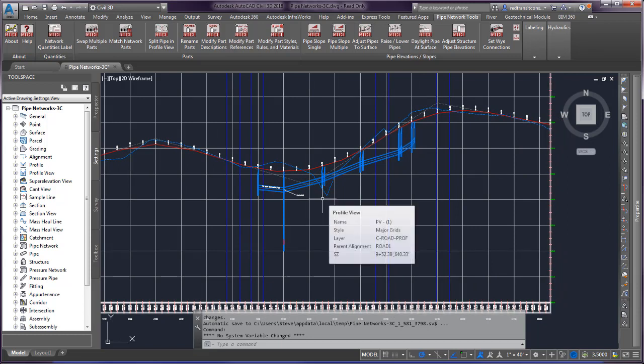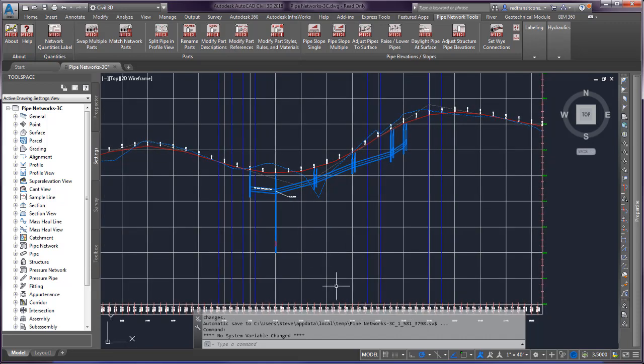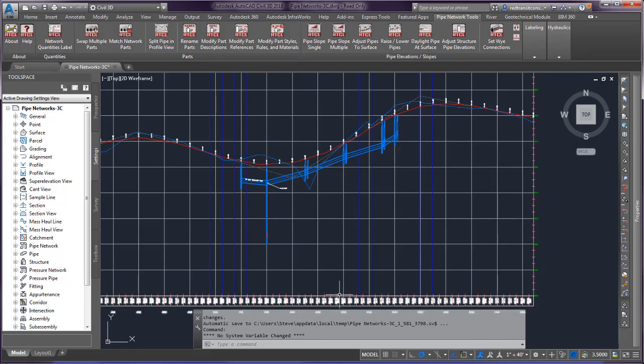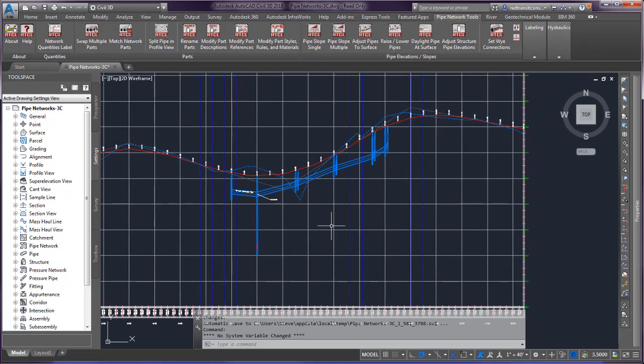So here in this video, I'm going to show how to utilize the command, and then how to utilize the command in such a way that, with one of those label methods for labeling the pipe elevations, let's say every 25 feet. So if you come up to the labeling panel here, you'll see a new command called Create Profile